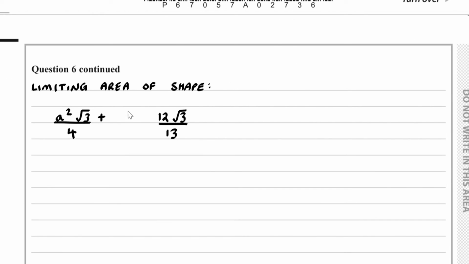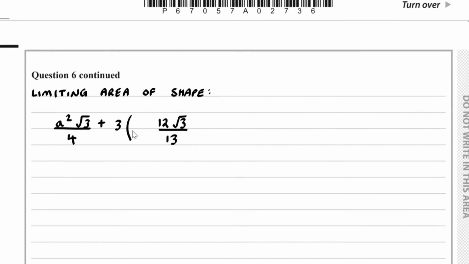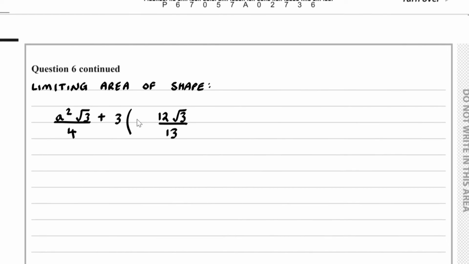So we need to multiply this by 3, but then we also need to multiply by the area scale factor A over 4 squared. The reason we need to multiply by the area scale factor is because instead of having a length of 4, we've got this time a length of A. And we know that the limit of all this is equal to 26 root 3, as we see here. Now the root 3's cancel everywhere, so what we are left with is